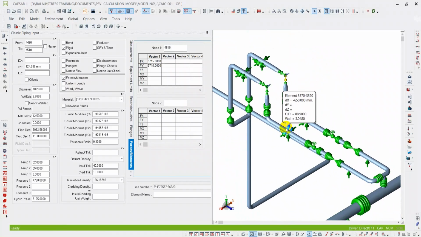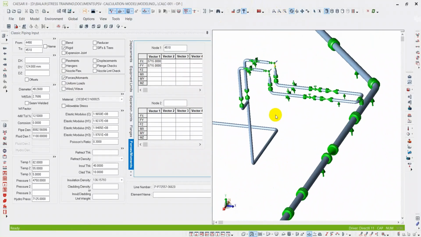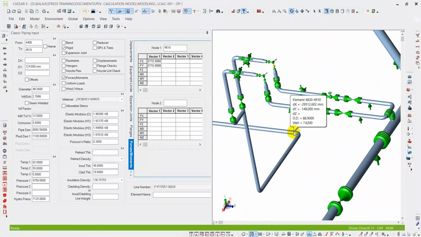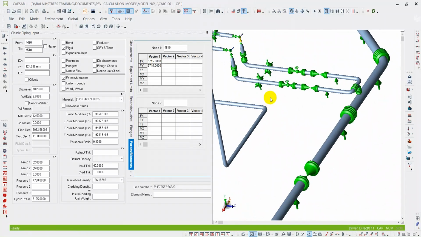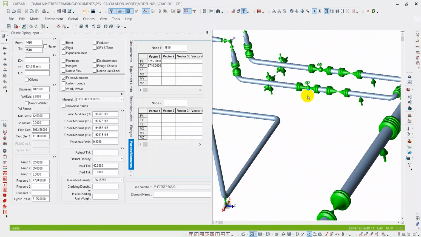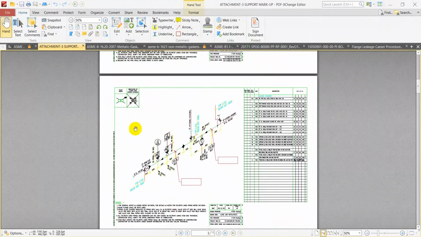Sometimes there may be one PSV working and one PSV standby. In those cases we need to make one working and one standby condition. So what do we need to do? First, we need to check the valve. Where is the isolation valve? In that isolation valve,